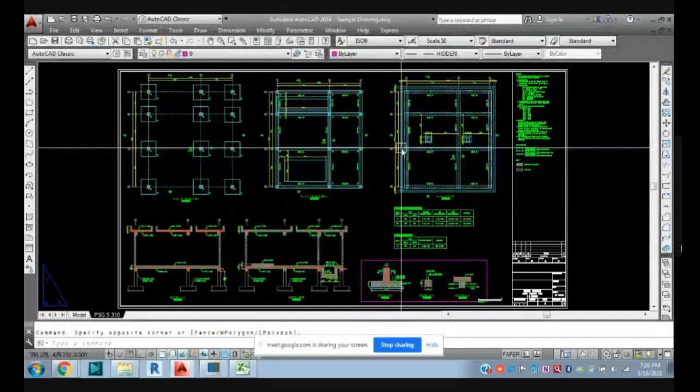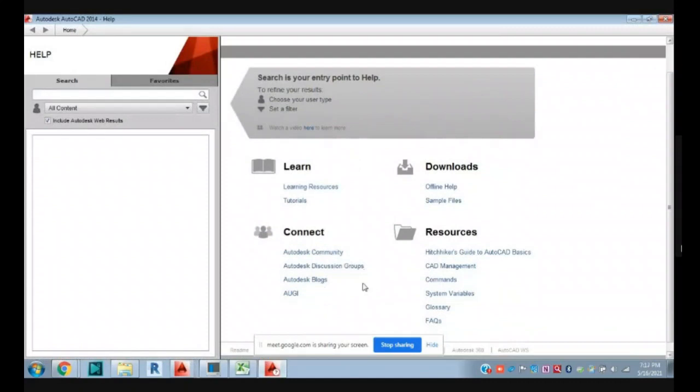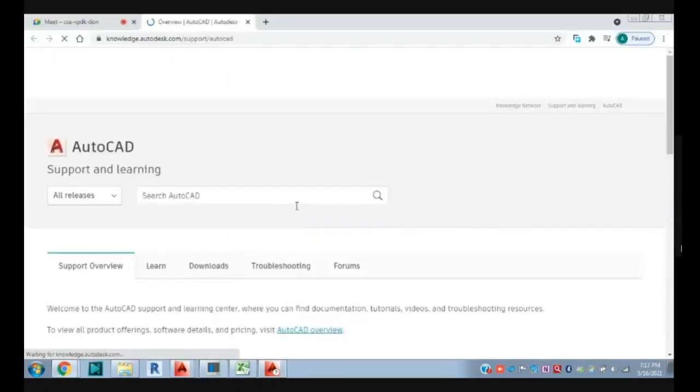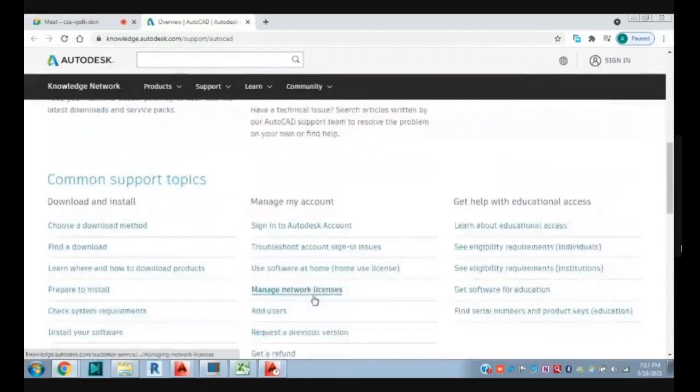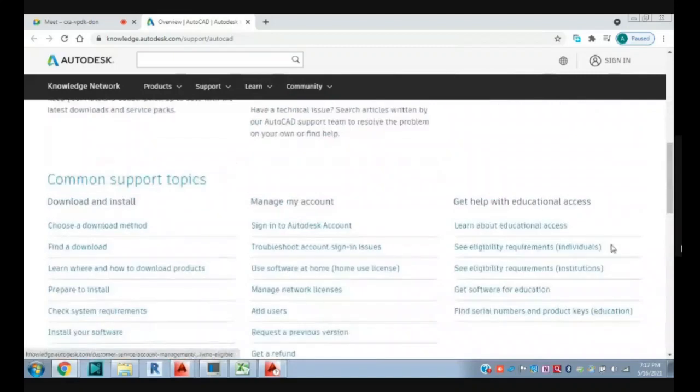Okay, learning process, then CAD management, all those things you can get from here. So if you want to search something, you can go here, right? Tutorial, if you go here in tutorial, you can get from here, right?